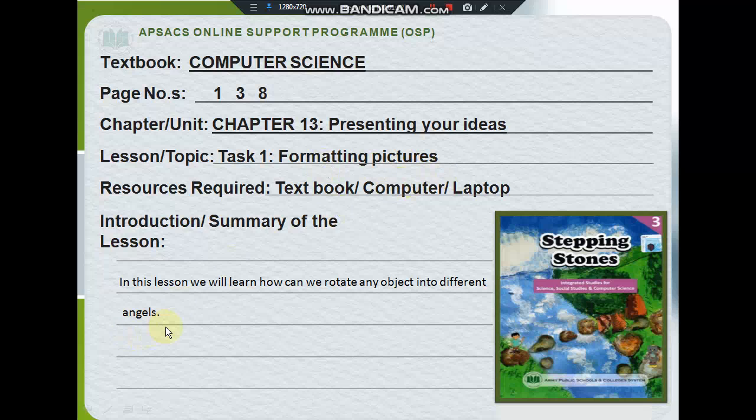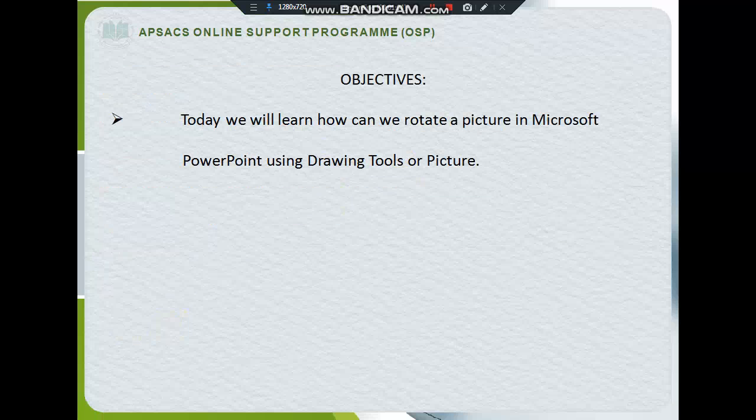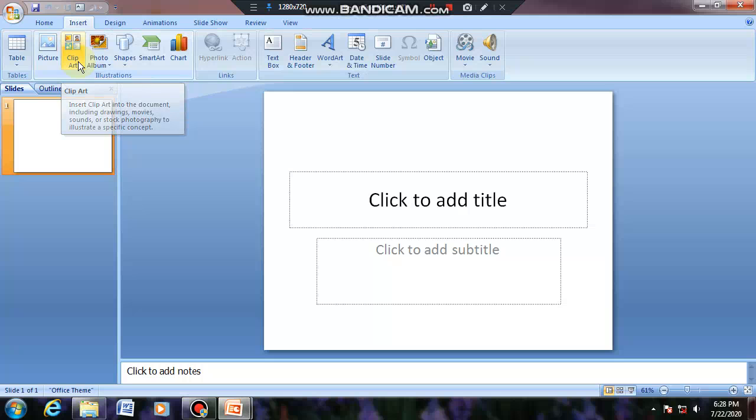So let's move forward to the objectives of our lesson. Today we will learn how we can rotate a picture in Microsoft PowerPoint using drawing tools or picture tools. I have opened Microsoft PowerPoint. Let's have a quick review of our previous lecture, where we discussed adding slides in a presentation.